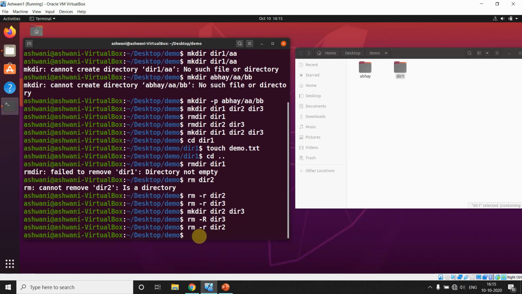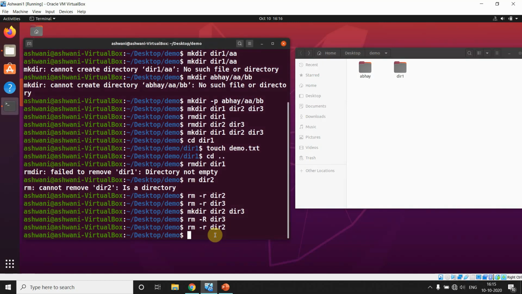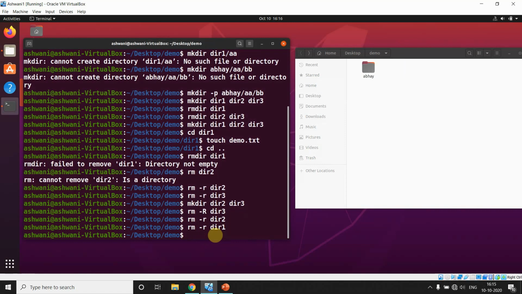it will work. And the main question is why I am using this, or why the Unix system provides this rm command to me. Because we have something inside our dir1 directory, and we have something inside our abhay directory also. So this is capable enough to remove these two. Let's see once. rm -r dir1. Yeah, it will remove. If I say rm -r abhay,